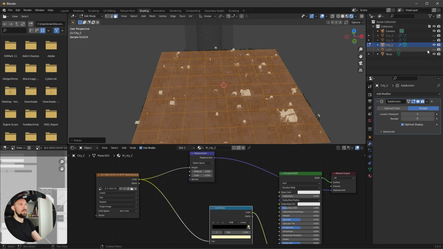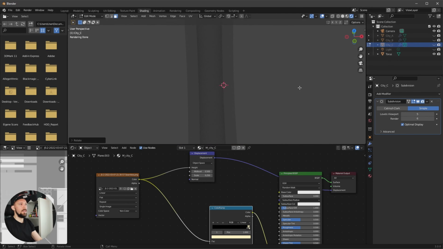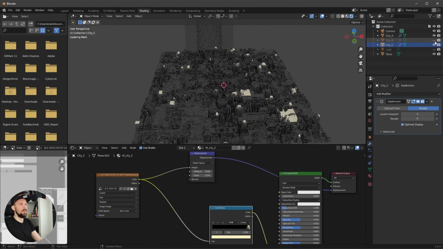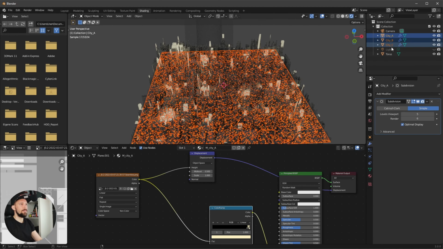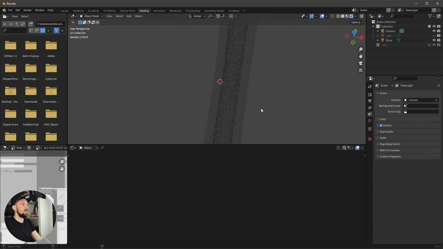So that's our third city right now. So we have now 3 different cities, and let's select all this stuff, pressing M for a new collection, underscore city, and bring this one into the collection, and hide this one now,